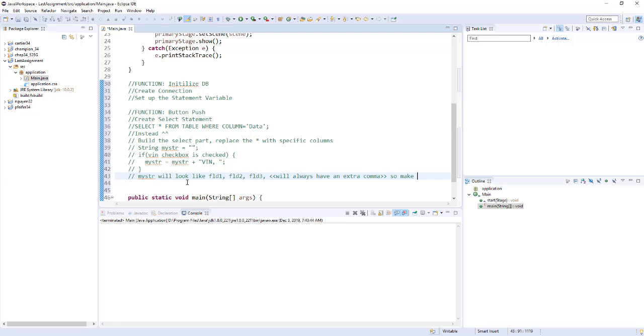So make sure you remove it. So after you do your build-up, always remove last char, which will get rid of that comma. Okay? Once you've done that, now you can say something as simple as my full SQL statement equals select space plus my str plus